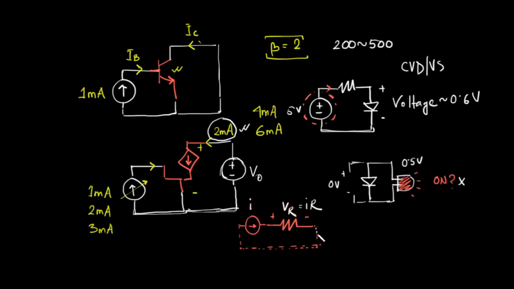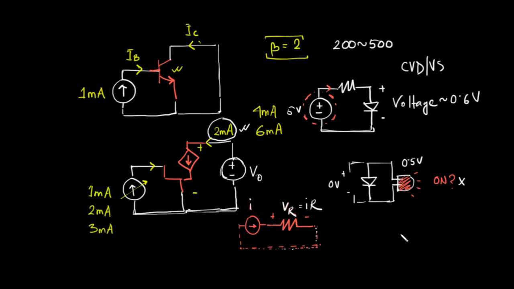So we can think of it in a way that the resistor device has converted the current signal into a voltage signal. The voltage produced by the resistance is proportional to the current that is being input to the resistance. So we can think of it like this, that a resistance can convert a current signal to a voltage signal.